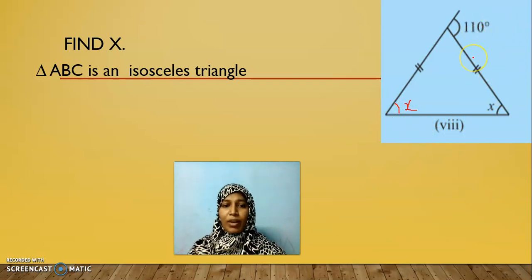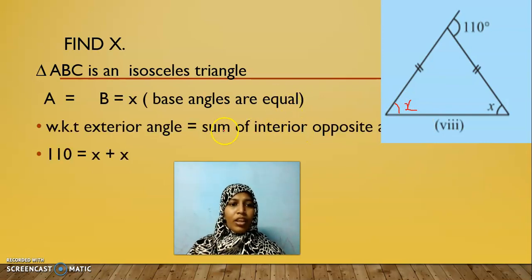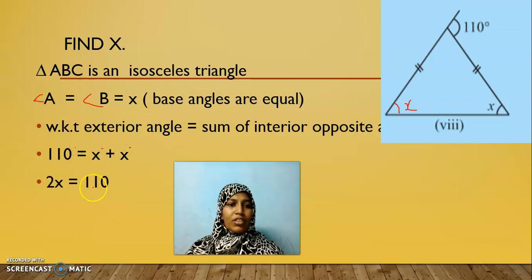Here I am not subtracting anything. I said if they give you the exterior and ask you to find one interior, you have to subtract. Did I subtract here now? No, we are not going to subtract anything here. So, you have to write symbols like this. That's why I have given space here. So, 110 degree is equal to x degree plus x degree, which is equal to 2x degree. x degree is equal to 55 degree. So one angle